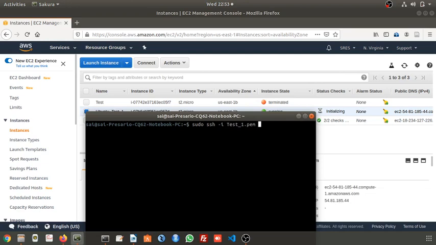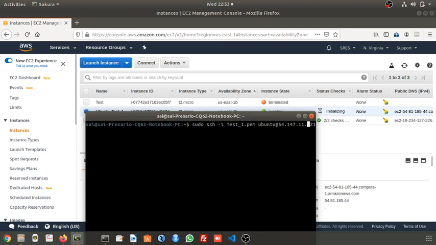As we have installed Ubuntu, it will be connected like this: ubuntu at the rate and the IP address, with test underscore one as our pem file.